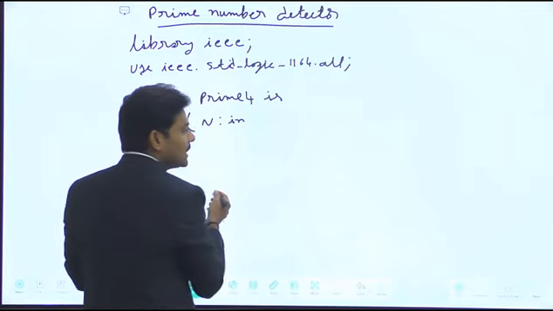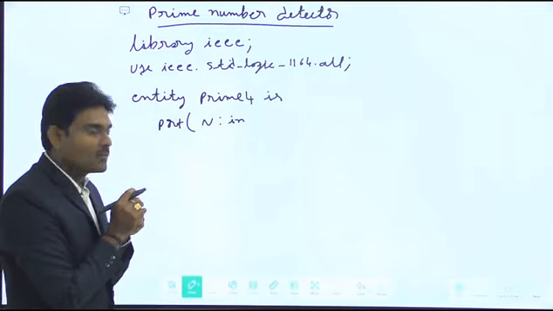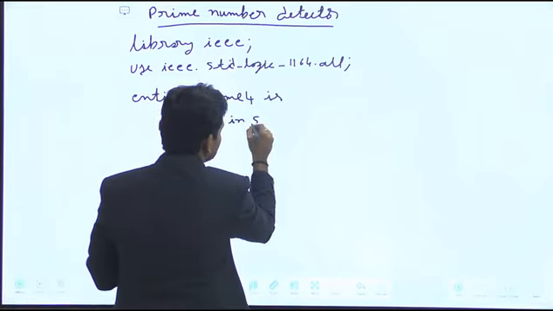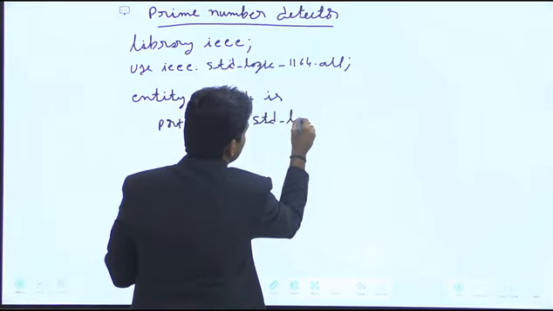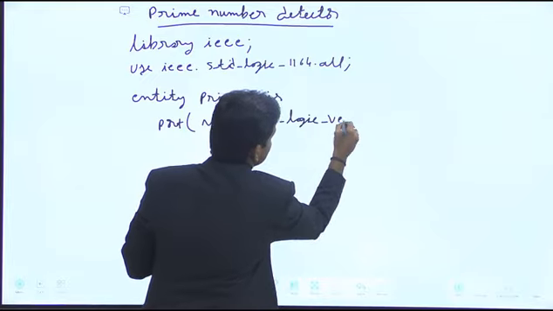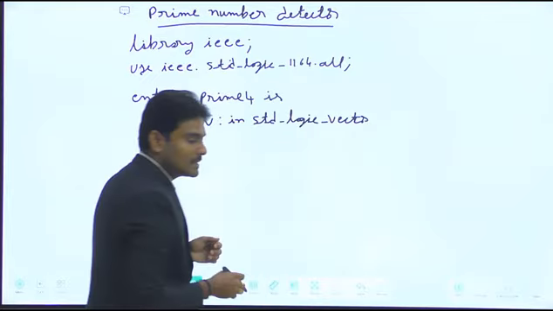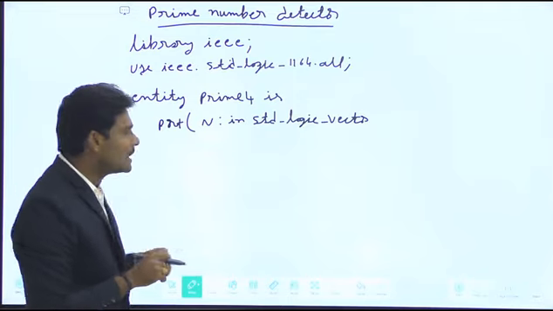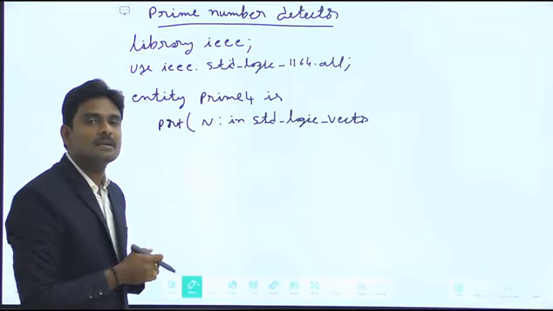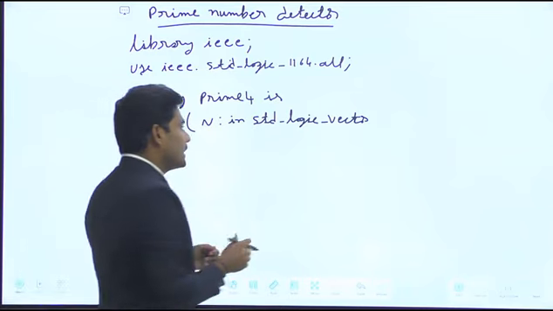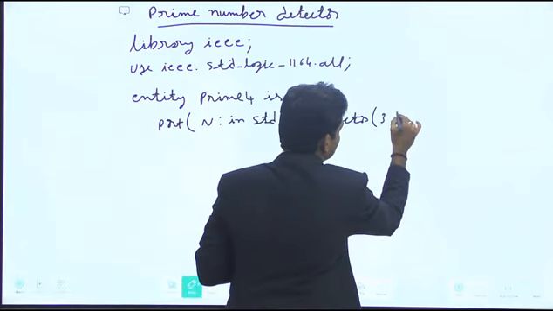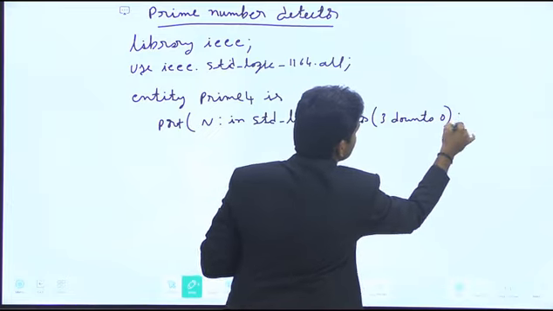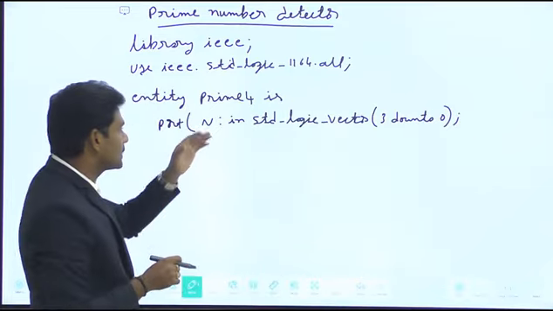Then after that the type: because this is an array, we are supposed to mention it as a vector, std_logic_vector. If you are considering arrays, then std_logic_vector is the type. If it is a single bit, obviously std_logic. Then for the vector we are supposed to mention 3 down to 0. First I mentioned the inputs.